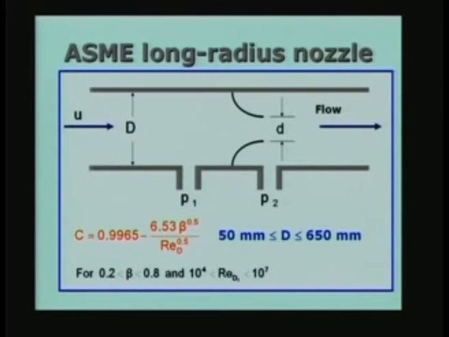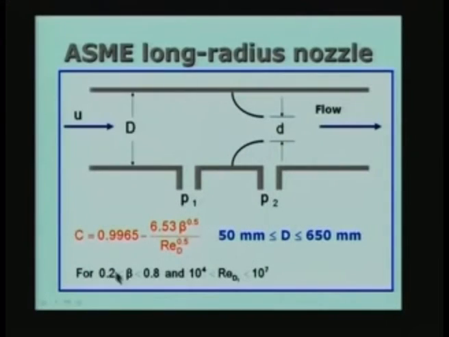Therefore, in most applications where we want to use a variable area metering device for measuring velocity or flow rate, we must make sure that the delta P which you are going to obtain is large enough to be measured easily by using an available pressure measuring device. Therefore, depending on the application, depending on the velocities which are achieved, you may choose the appropriate value of beta such that the pressure difference is easily measurable. So that is the reason why we have different values of beta, and you can choose anywhere between 0.2 and 0.8 for this particular case as I have indicated here, which is also true for other devices.